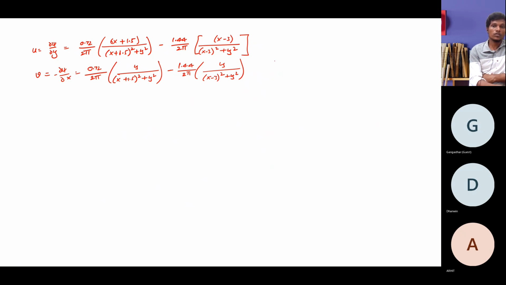Now we need to get the velocity at origin, that is x equals 0 and y equals 0. If you just substitute x equals 0 and y equals 0 at these points,